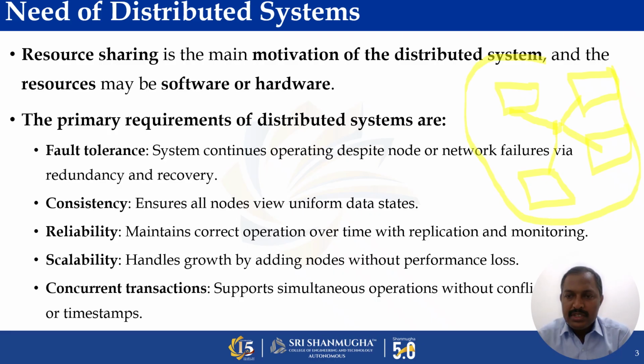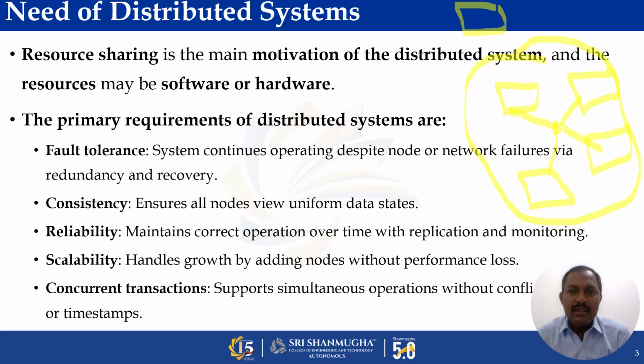So what is the purpose of this distributed system? This distributed system is going to solve a problem. A single problem can be solved by a collection of autonomous distributed systems. Normally, within a single system, it will handle only one task. In distributed computing, multiple computers autonomously connected through a network are going to solve a single problem.